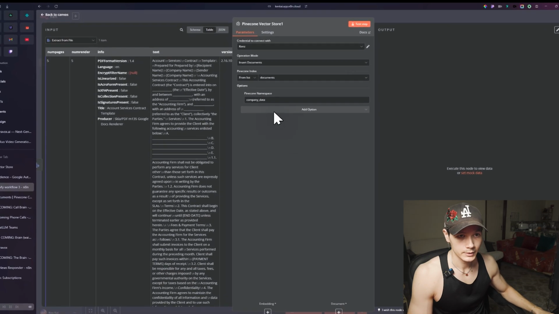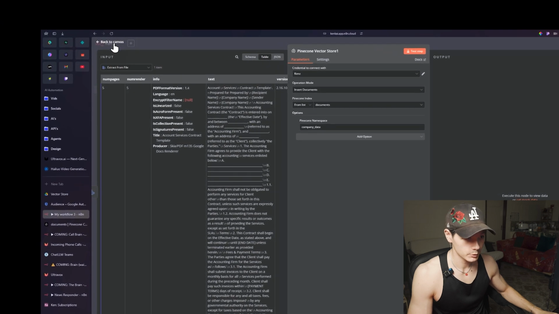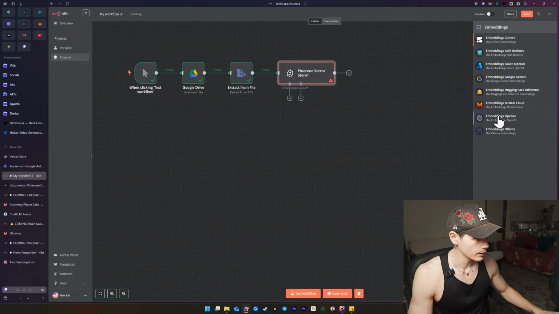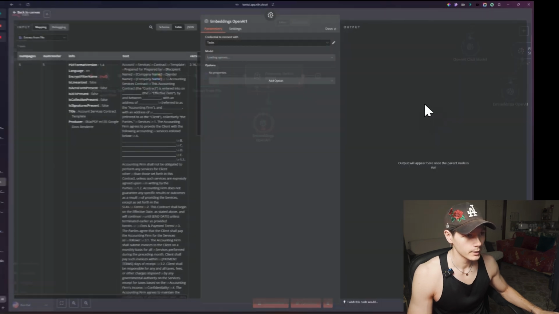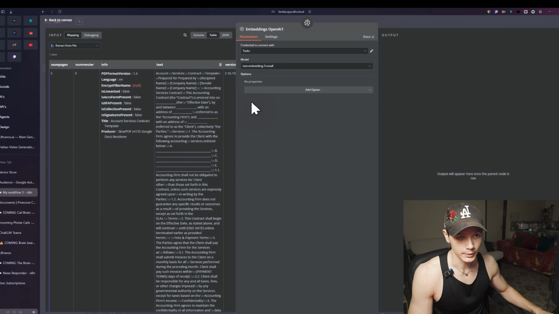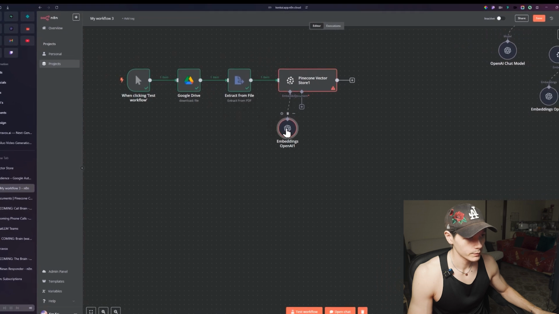So now that's set for the company data namespace, we'll jump out of there and click on the embedding, and we'll click the embeddings OpenAI right here, and just wait for this to load. By default, it's already set to text embedding 3 small, so you can generally just leave it as is, but just double check. It's always a good thing. Now we'll click back out of there, move this aside,